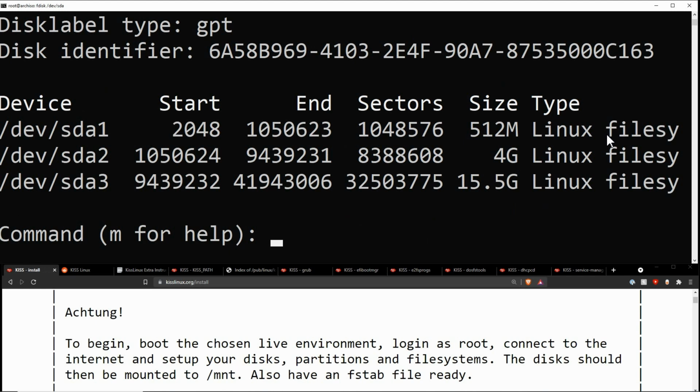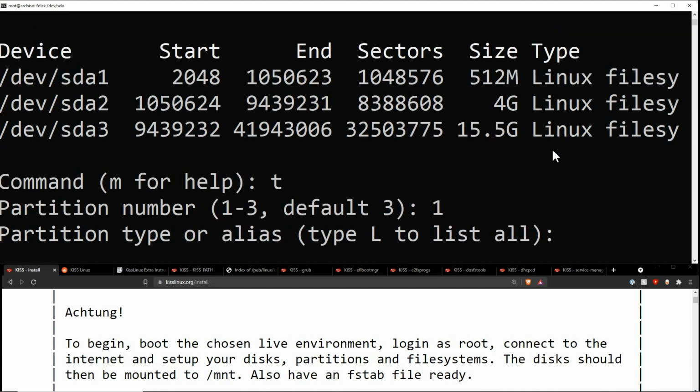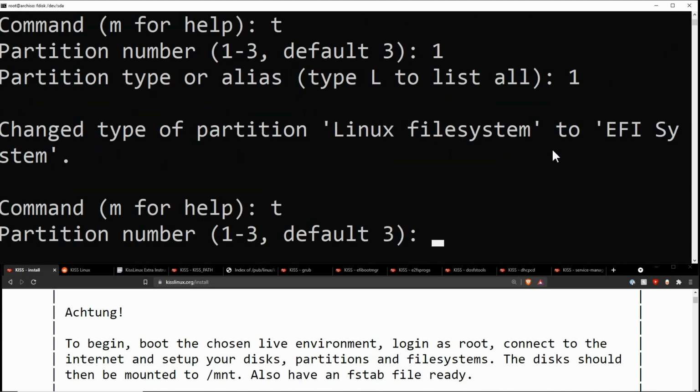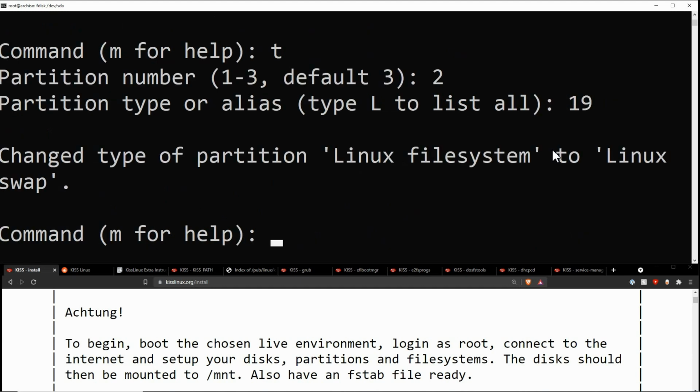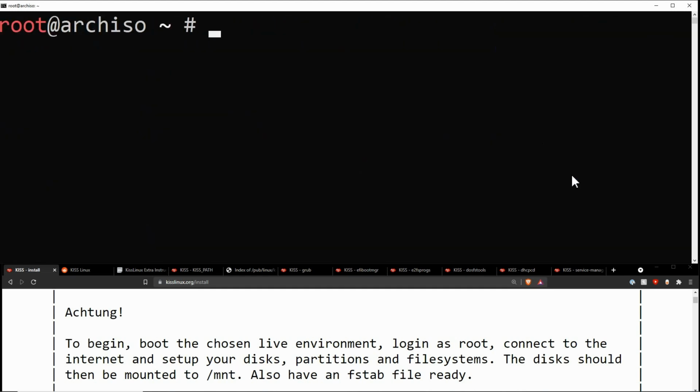Now the type here has to be identified. So let me just do that. I kind of know that by heart, so please bear with me here. Here we go. The first one is identified as EFI, second swap, and the third one is the root. Now I have to format them. So FAT32